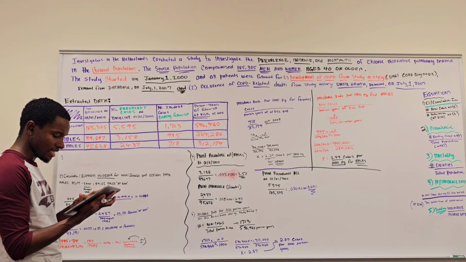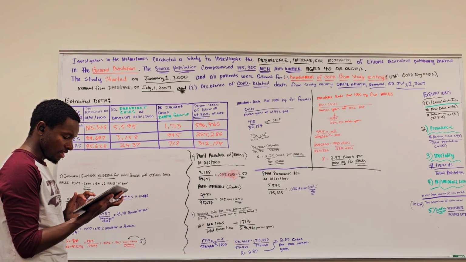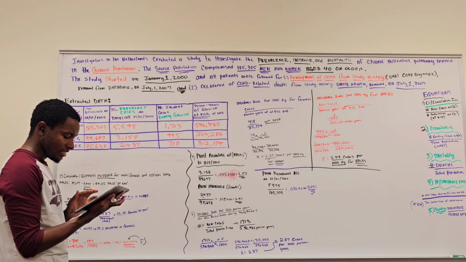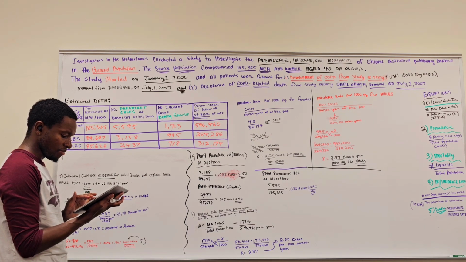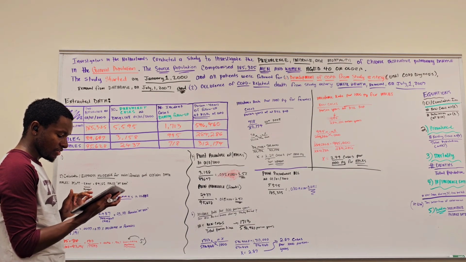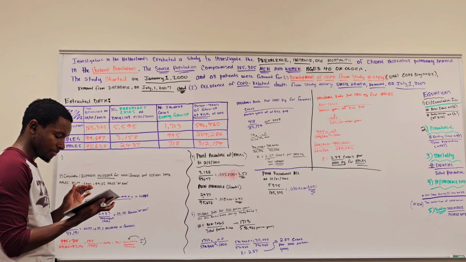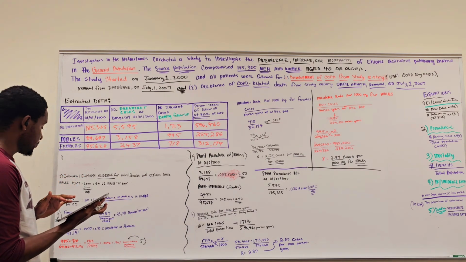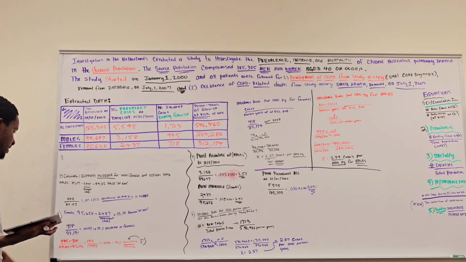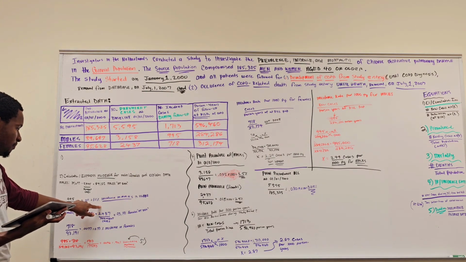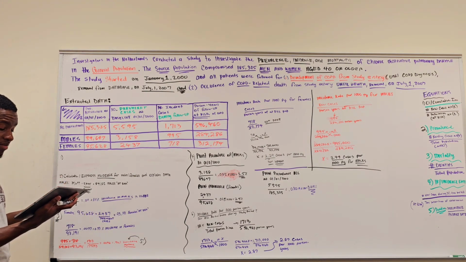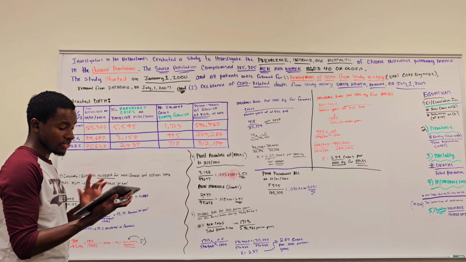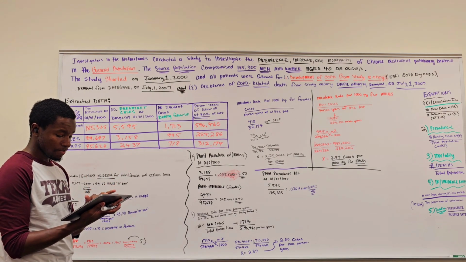Question 3 is asking the cumulative incidence of COPD among males from January 1st, 2000 through July 1st, 2007, which we already did, and it is 1.1 something percent,